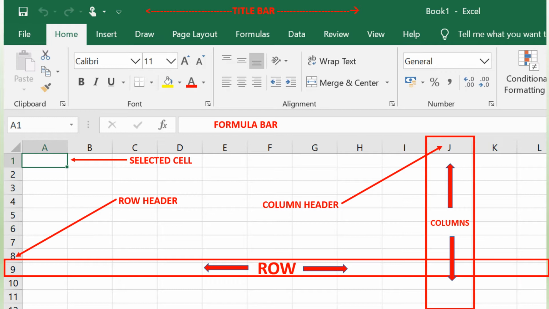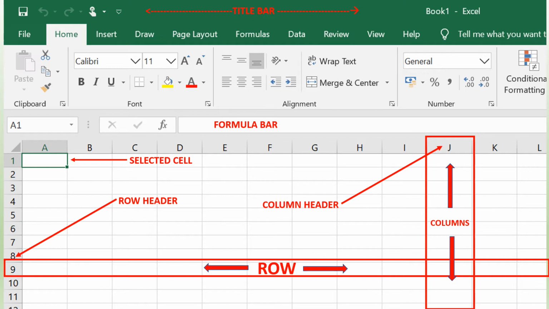And here on the top is the title bar where the title Book1 Excel is displayed, and this save icon, etc. And these are the various tabs which have a number of options to work with in Excel. So this is the basic interface of MS Excel. Whenever you click on the various tabs, you will find a number of options to work with. For example, in the Home tab, you have the font group, then the alignment group, then the number group. There are many more. If you open the application on your computer, you will find a number of options in each of the tabs.